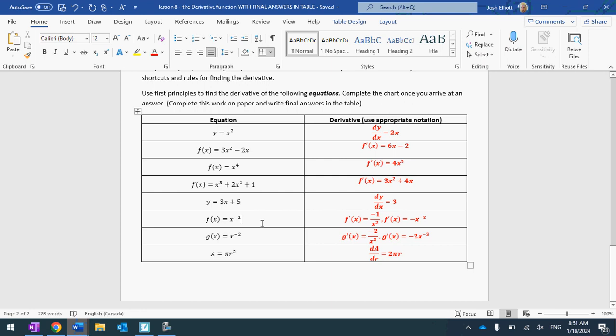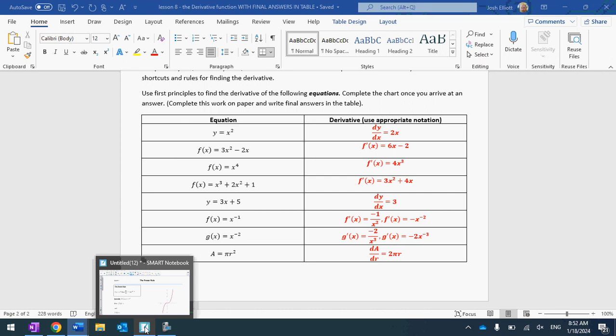And that pattern actually holds right here for the negative exponents too. If you bring the negative 1 down and then drop the exponent by 1, you get negative x to the power of negative 2, which is the same as negative 1 over x squared. And same with this one here. Bring the negative 2 down, negative 2x, drop the exponent by 1, and you get negative 3, or negative 2 divided by x cubed. So I'll take a look at today's handout right here, and it is on what's called